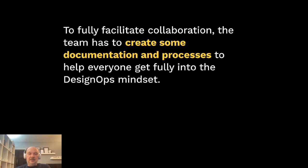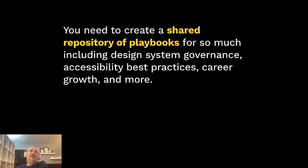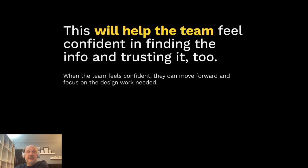It helps you document and process everything and write everything down, because if you make an organizational chart, that chart will evolve with time, and I think this is the most important part of the last thing of the first pillar, the humanization, and you will see later why. So you need to create a shared repository of playbooks for design system governance, accessibility, best practices, career growth, and more. This is a little bit more aligned to the main owner of design ops, the design operations designer. Is that the role? I don't know, but I would say the head of design ops. This will definitely help the team feel more confident in finding the info and trusting it too, because